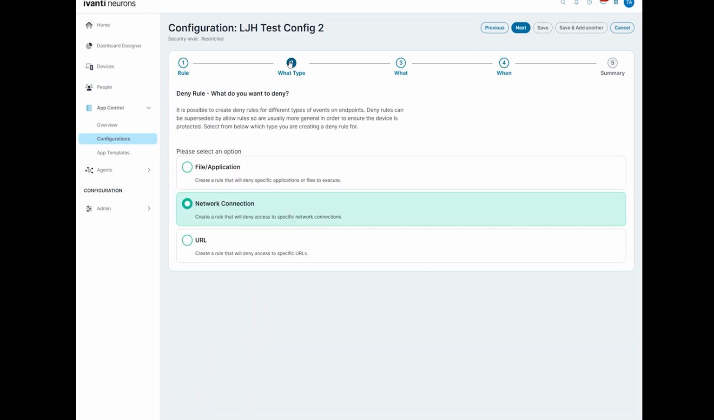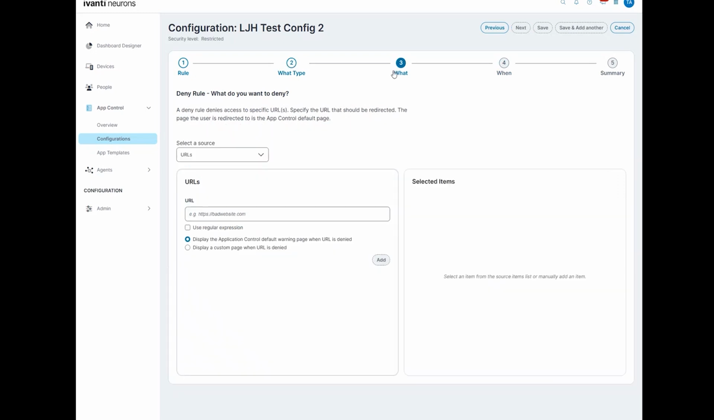If I go back to what type, instead of network connection, I can choose URL. And as you would expect, you just enter the URL that you would like to allow, or in this case, deny. It can then go to either the default AC warning page when the URL is denied, so you see a default page that just says you're not allowed to navigate to this location, or you can have a custom page when it's denied,